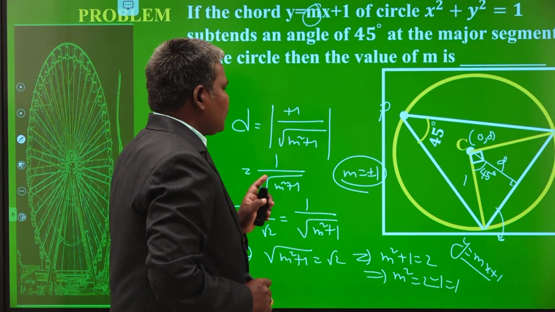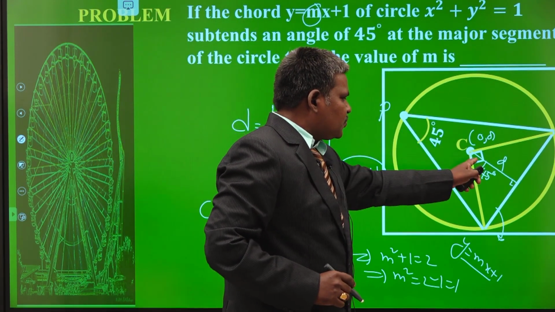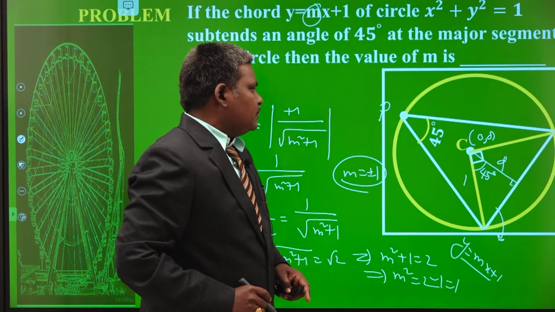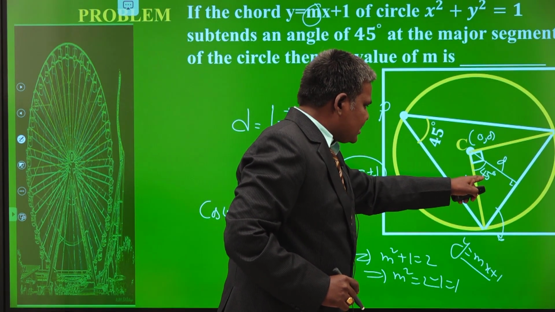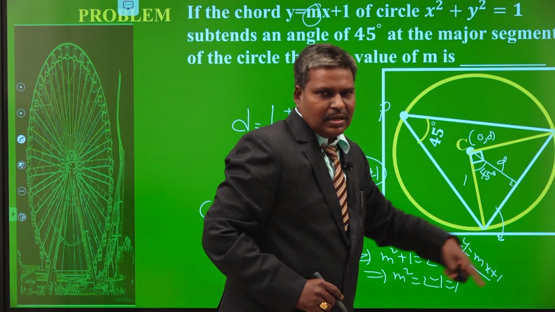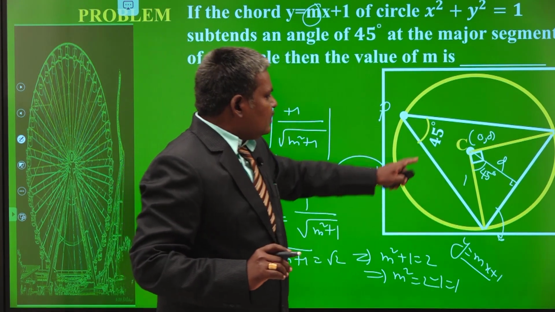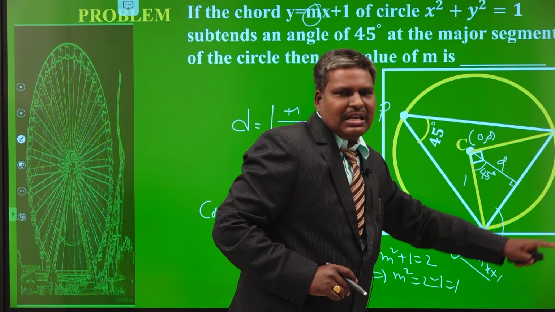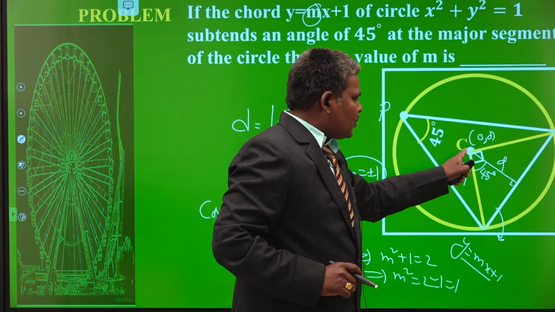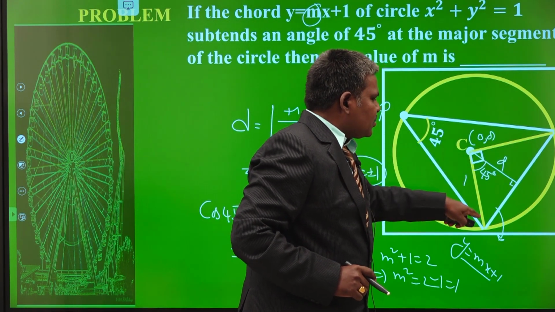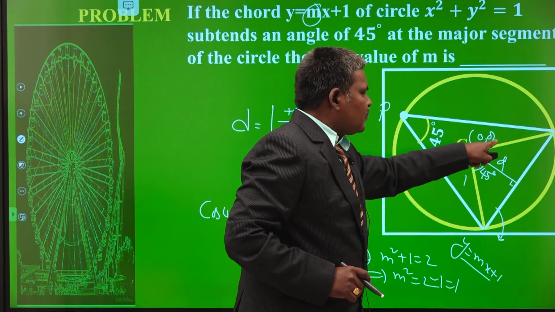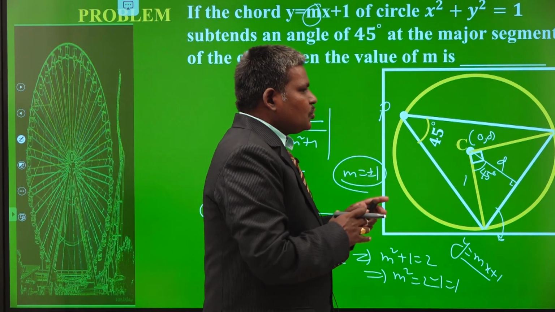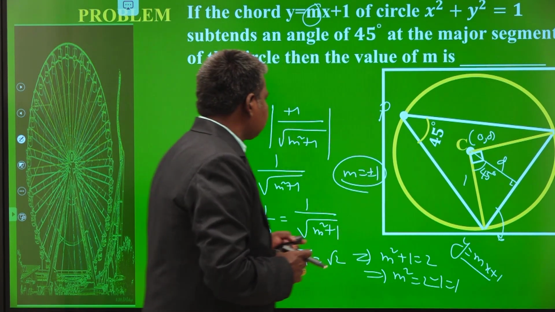This is the way to solve this problem. The logic behind this problem is, this is theta, this will be 2 theta, and its half angle should also be theta, because this is the angular bisector. For an isosceles triangle, this is the angular bisector, at the same time median, at the same time perpendicular bisector. These 3 lines are coincident. This is the base of your isosceles triangle. These are the 2 sides of your isosceles triangle. This is the point of intersection of the 2 sides. Those are equal.